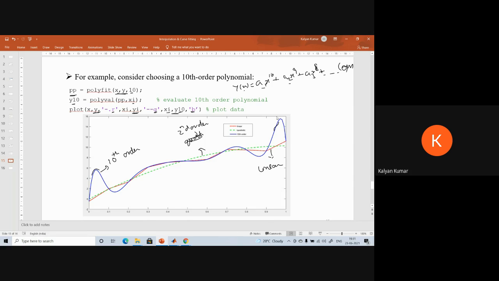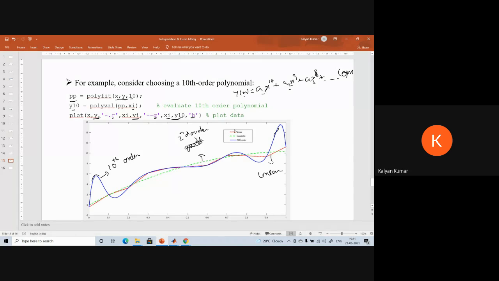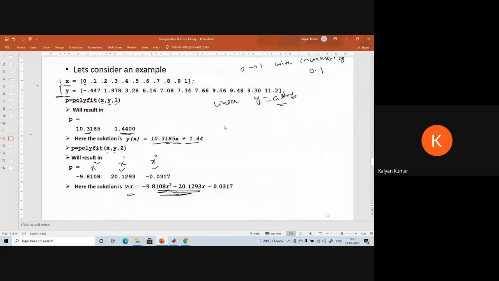Okay. So by using these techniques, we can develop the relationship where we do not have any relation. Suppose for practical experimental data, if you have two data sets, then between these two data sets, you can get the empirical relation y equal to f of x by using the polyfit. And the order of the polynomial that relates the y and x can be chosen by giving the third input argument. This gives the order of the polynomial,